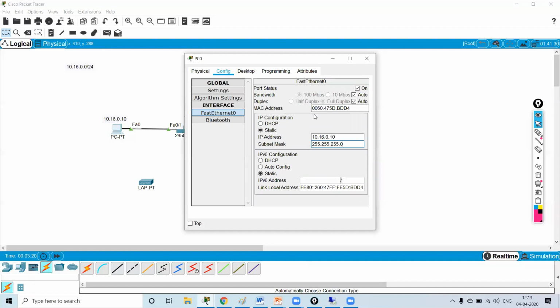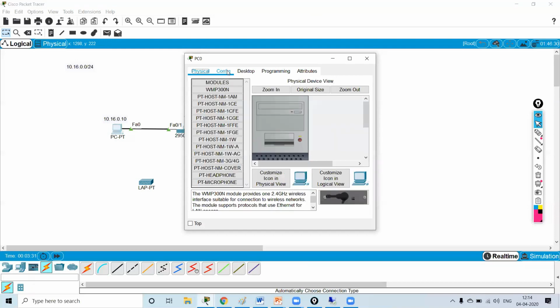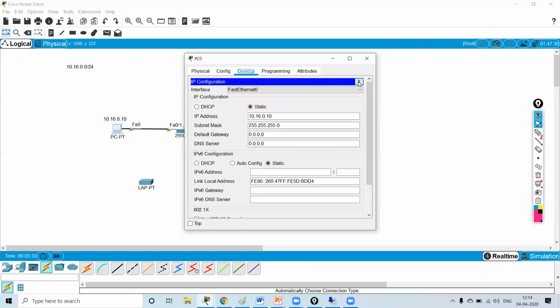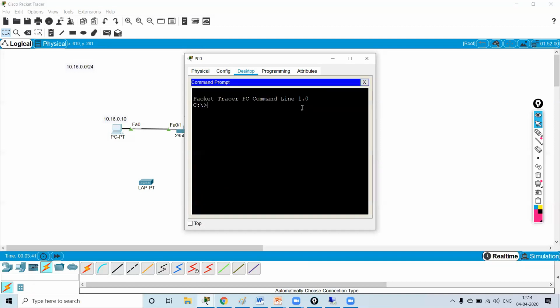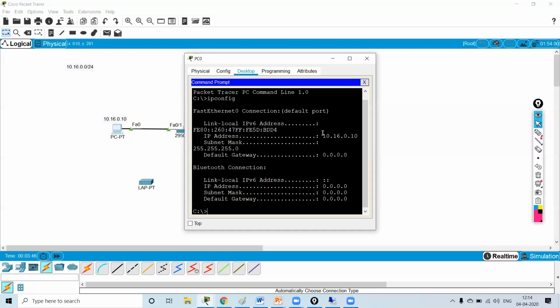Yes, I'm using a /24 network. So I've created a /24 network over here. There is no need for a default gateway because I'm not going outside anywhere. I'm going inside the network only. So I can see the IP config. See, this is my IP address.